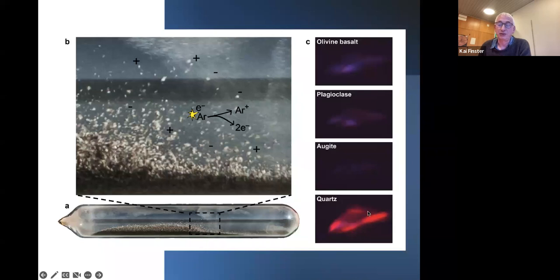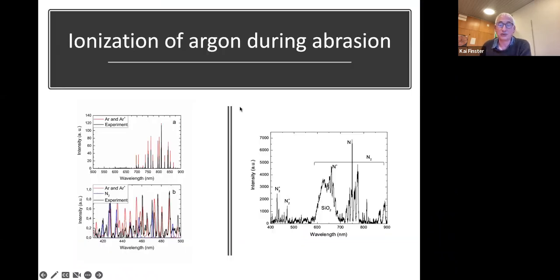And the idea is, if we have such a high energy release, maybe this is the energy that is released. Our idea is that you have triboelectric charging of the surfaces, charge separation, and then electrons jump from the charged material onto the gases and ionize the gas. It can go both ways, and in this case it was argon, and argon gives off electrons. The electrons are then taken up by the charged material, and you have ionized argon. And this is actually the case when we use quartz in a quartz ampule.